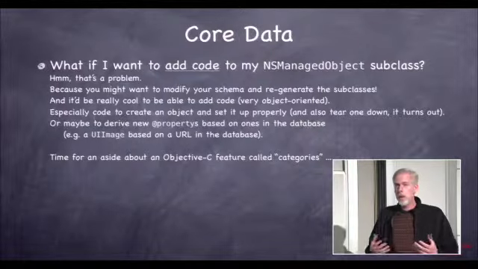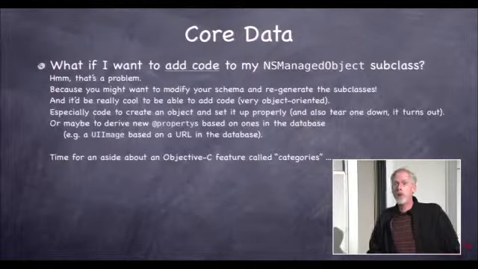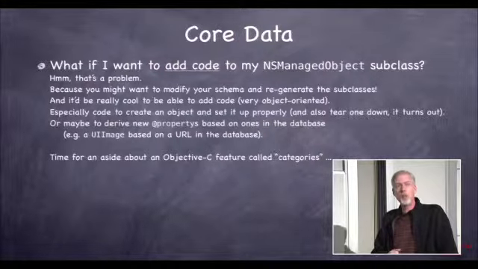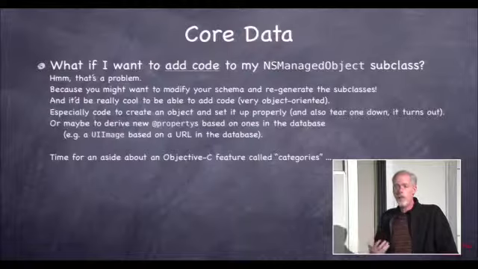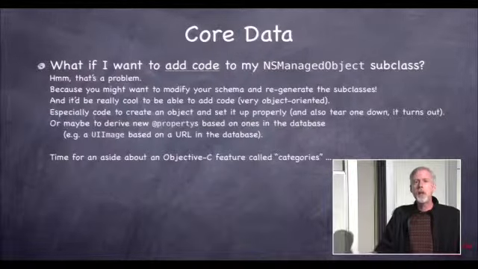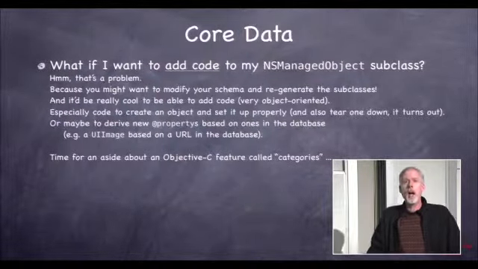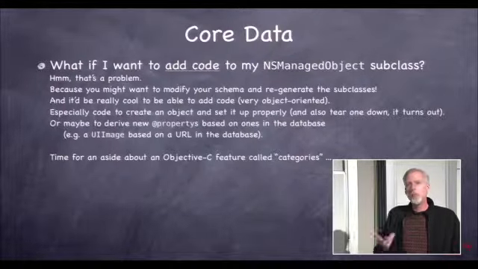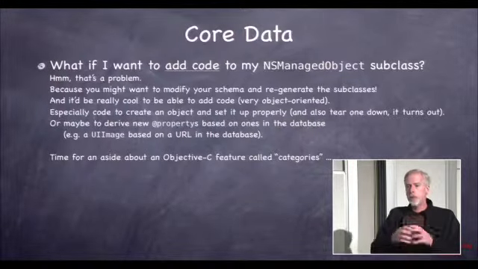So what about if I want to add code to my photo or photographer class? Okay, you can definitely imagine I would want to do that sometimes. I want to be nice and object-oriented. If I have some behavior that a photo has, I want to put that code in the photo class, right? I don't want to have it in some other random class. It belongs in photo. That's what object-oriented programming is about, encapsulating the responsibility for something in the class that's responsible